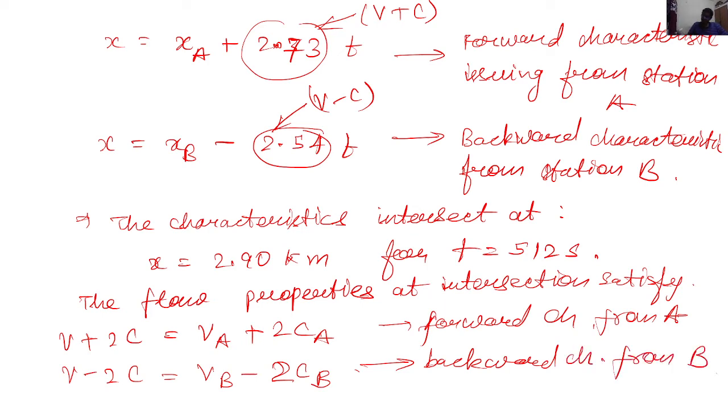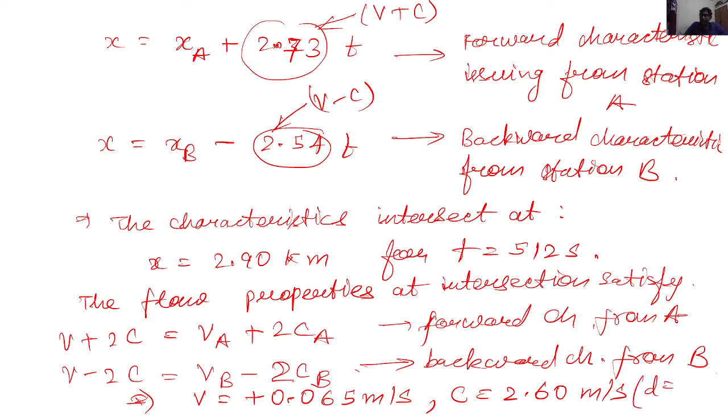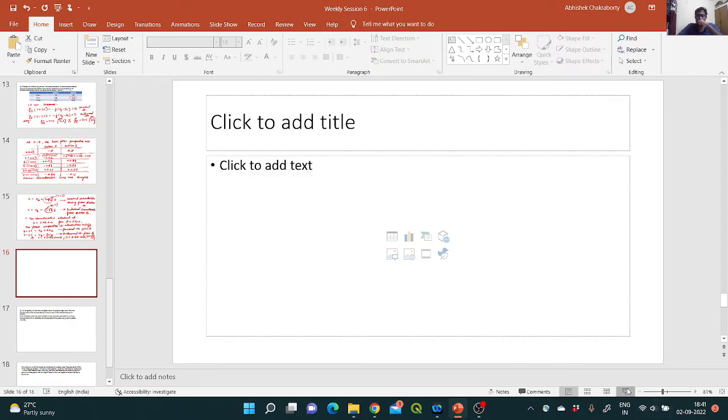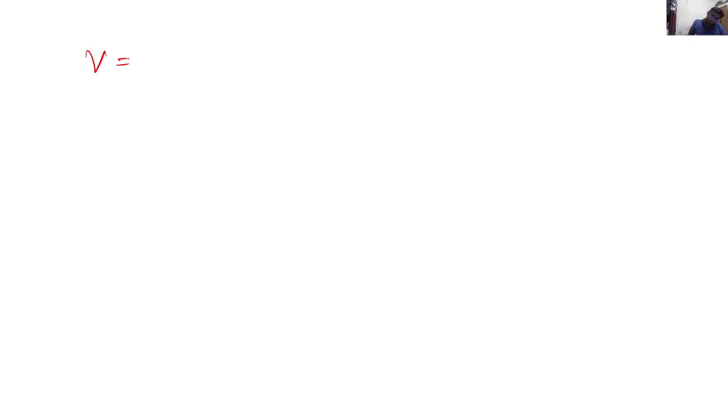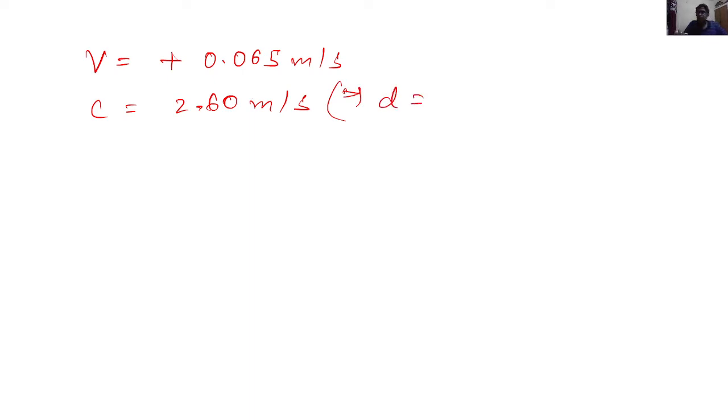issued from station B. So solving these two equations, we finally get that v is nothing but 0.065 meter per second, and c, that is the celerity, happens to be 2.60 meter per second. Corresponding to it, c is equal to square root of gD, so D will be 0.69 meters at